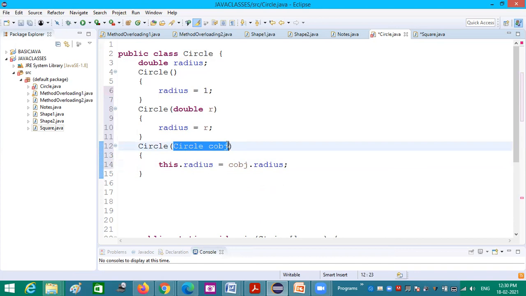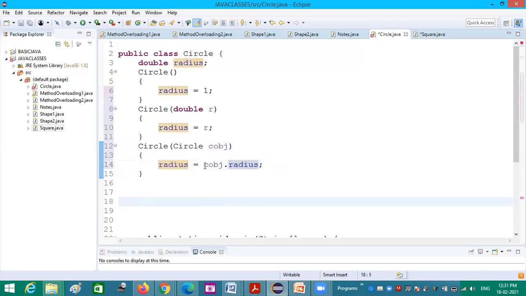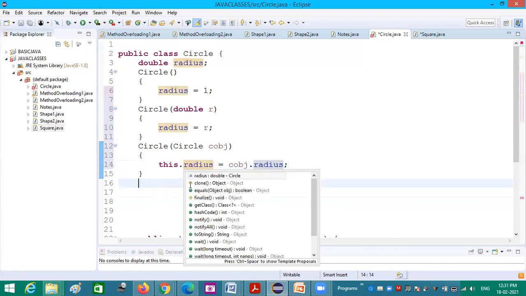So this is an example of passing an object as an argument. The Circle object itself is passed and that value I am assigning to the current instance variable, this.radius = cObj.radius. The this is not at all required here. We can skip that because it is already cObj.radius, and it automatically understands this is this.radius. Or for our own clarity, we can give this also.